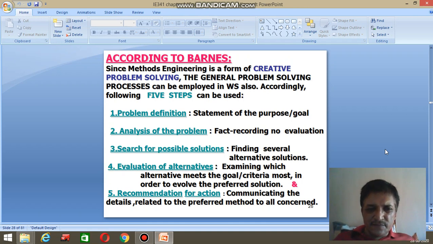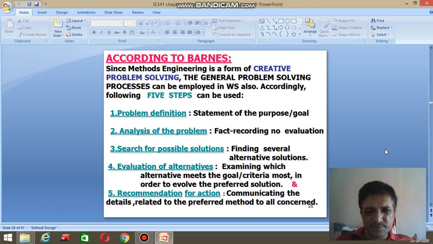Third one is the search for possible solutions. We have to find out the several alternatives or several options which are available, and then we have to select the best out of all those alternatives after evaluations. Evaluations of alternatives.